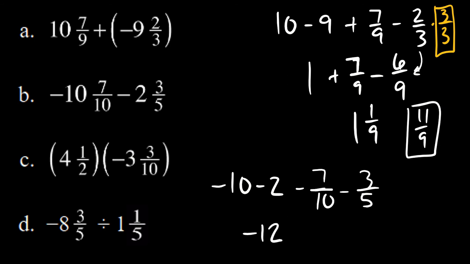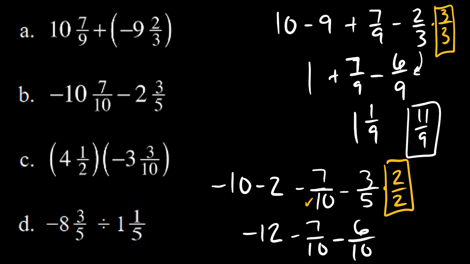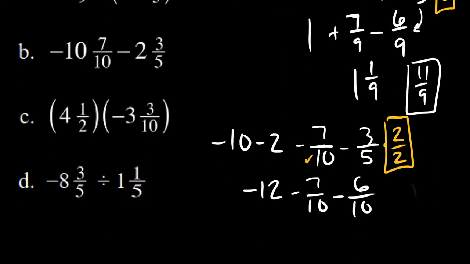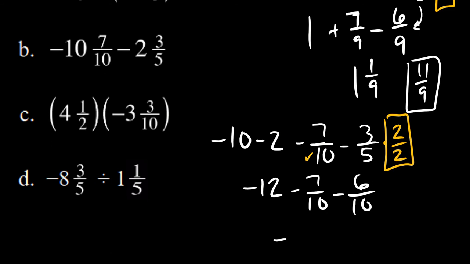And then I'm going to change this negative 3/5 by multiplying this by, wait for it, maybe you guessed it, 2 over 2. And the reason why I selected 2 is it's going to make this denominator match the denominator for 7/10. So when I do that, now I have the minus 7/10. And then I have a minus 6/10, right? 3 times 2 is 6, and 5 times 2 is 10. So this is beautiful, right? I can totally do this. This is a negative 12 minus